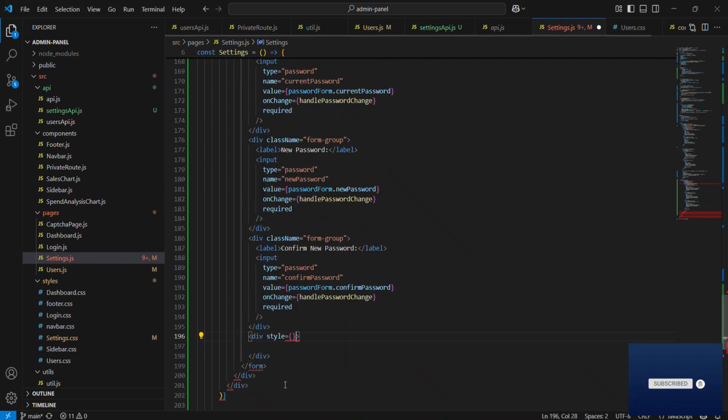The modal overlay dims the background, and modal is the container box that pops up on top of the page.